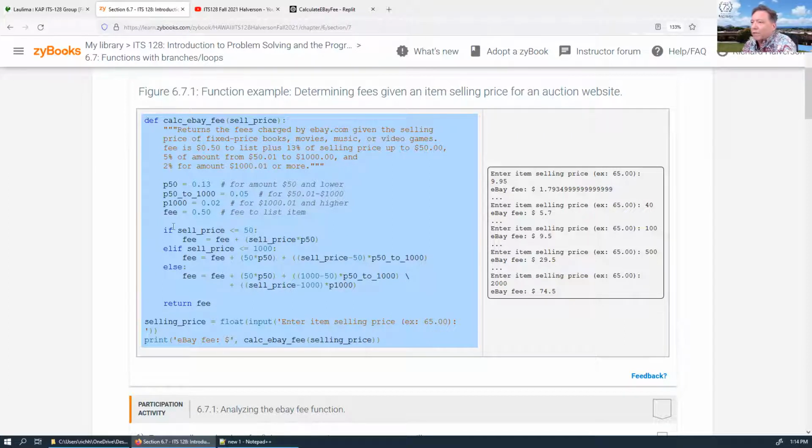Right off the bat, the fee starts at 50 cents. So that's the initialization of the fee at 50 cents. And if the selling price is less than $50, then we multiply the selling price by 0.13 and add that to the fee, and then that's the fee. If the selling price is between $50 and $1,000, then it is the 0.05 value that gets multiplied by,